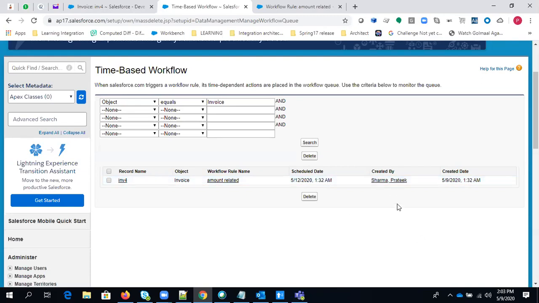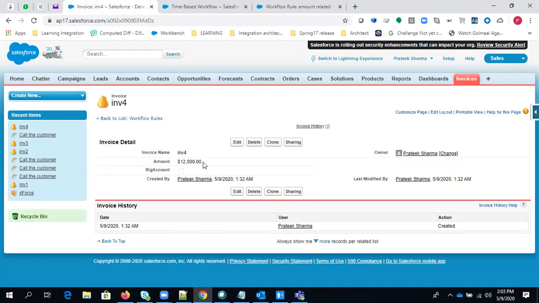So guys, I have one question, right? I don't know if you guys will be able to answer. So what we did is we have created this, right? So this workflow action will be fired after 3 days. So what will happen if we change or delete the amount field, or we do any change in the workflow rule, or we deactivate the rule? What will happen in the meantime?